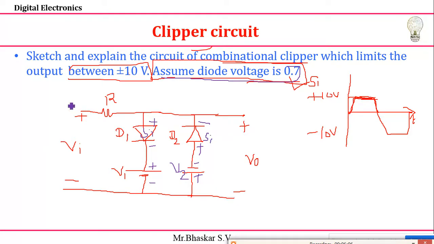So first you need to construct this circuit. Later you need to write the equivalent value of that, and you need to find out the reference voltages. So just tell me, if I want to get plus 10 volts and I'm going to use a silicon diode, how much reference voltage do I need to consider? Yeah, so this is the circuit diagram. Our intention is to clip at plus 10 and minus 10.